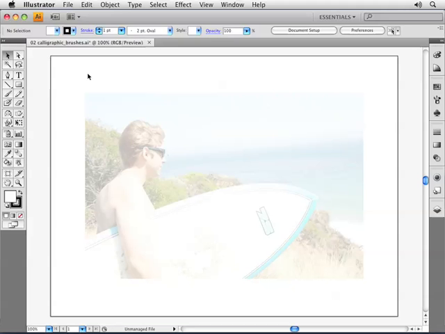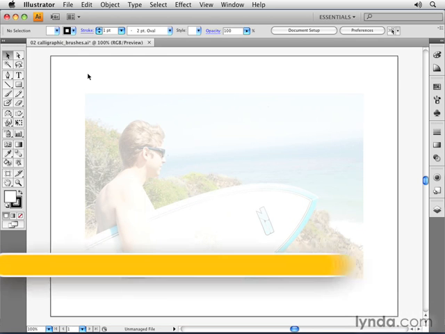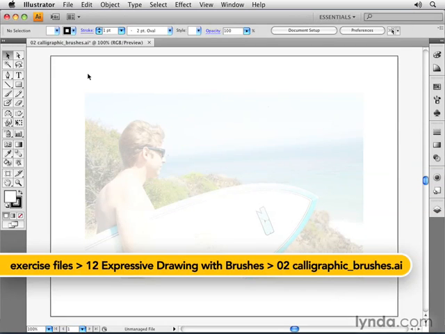As we'll learn throughout this chapter, there are 4 types of brushes that exist inside of Illustrator. There's the calligraphic brush, the scatter brush, the art brush, and the pattern brush. In this movie, we'll focus on the calligraphic brush, which, on a very basic level, is somewhat similar to the